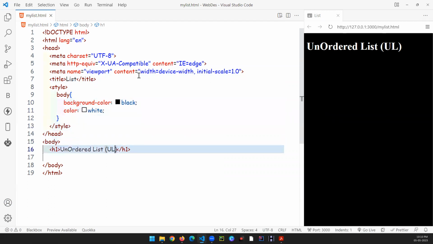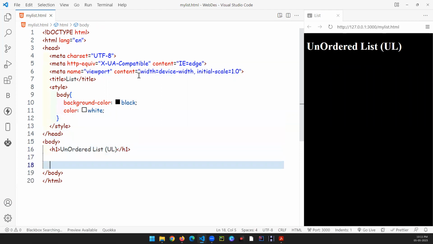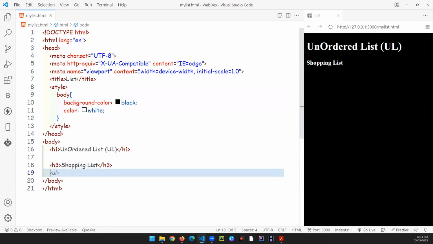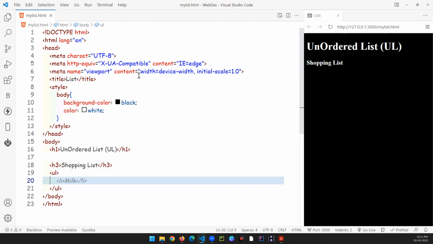Now I'm just starting with my list. Suppose I want to create a shopping list. I'm just starting with my h3 tag over here, shopping list. After that I'll be starting with my UL tag. So see what will be the difference between all the three lists. UL is the tag which we'll be using to create an unordered list, and inside that we will be using